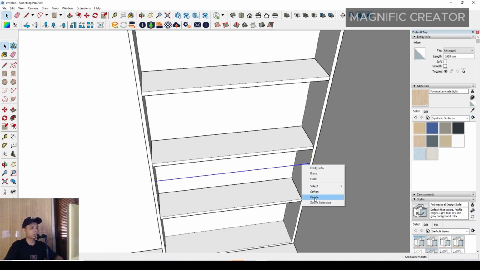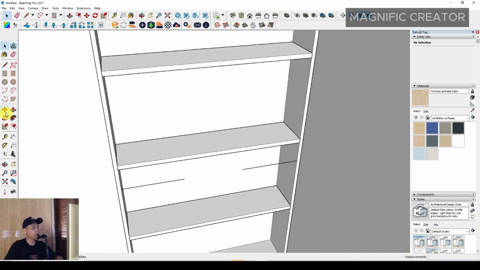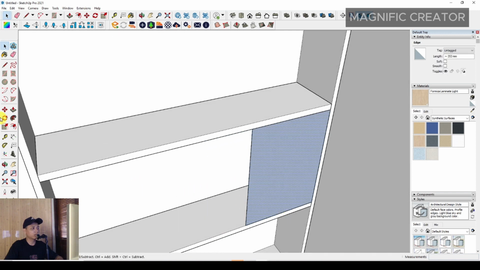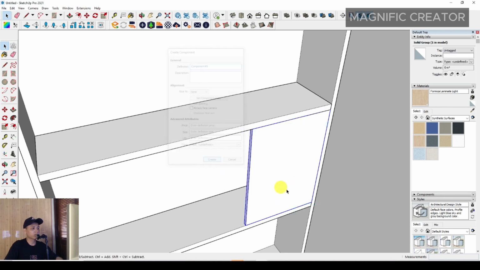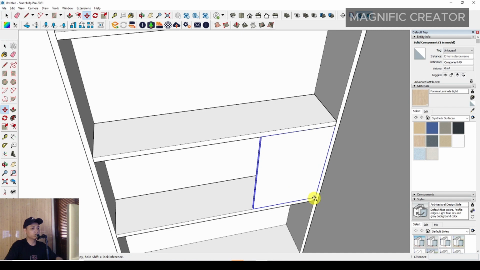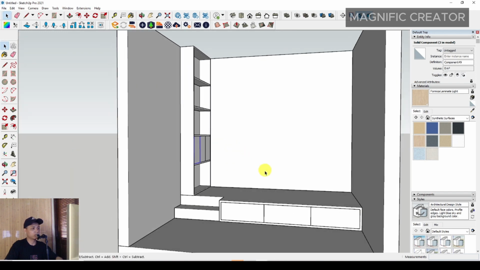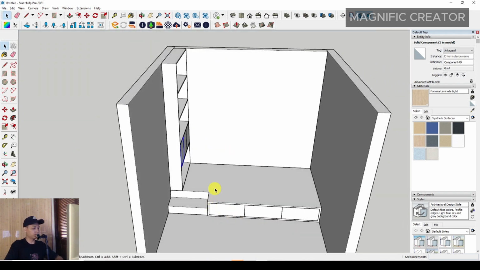Then you can right click and divide it into the 3 parts of the dividing. Then you have to select a rectangle, just adjust it with the scale, and then you can delete unnecessary lines with erase, and then you have to push it to the back. Okay, maybe then you can make it a group and make it a component. Anyway, just create it and then just move it to the center and more to the left side. Anyway, then you can get the cabinet for the